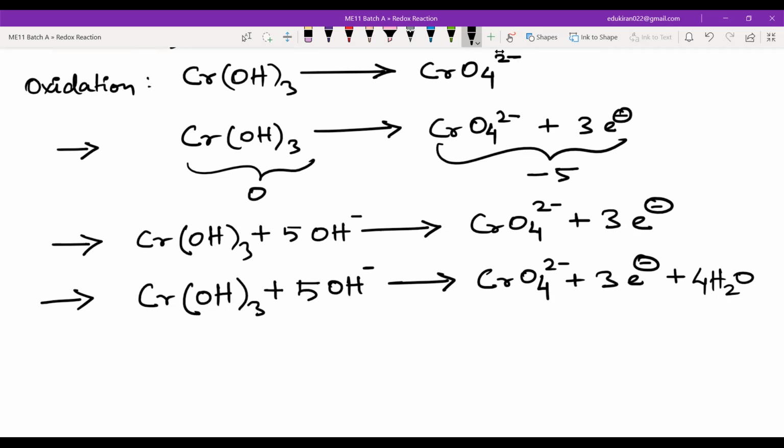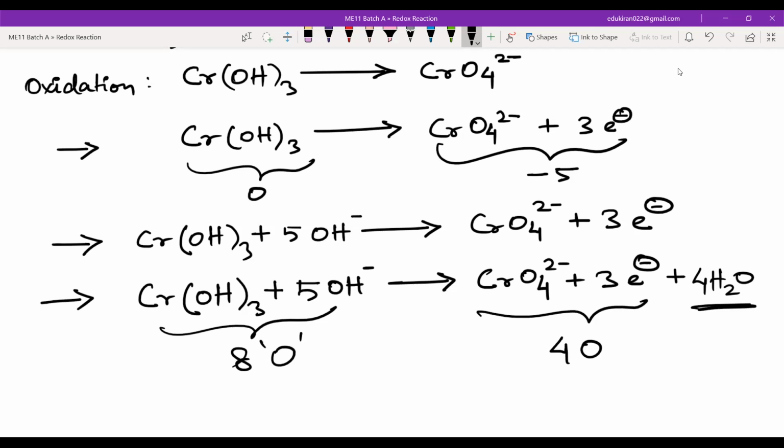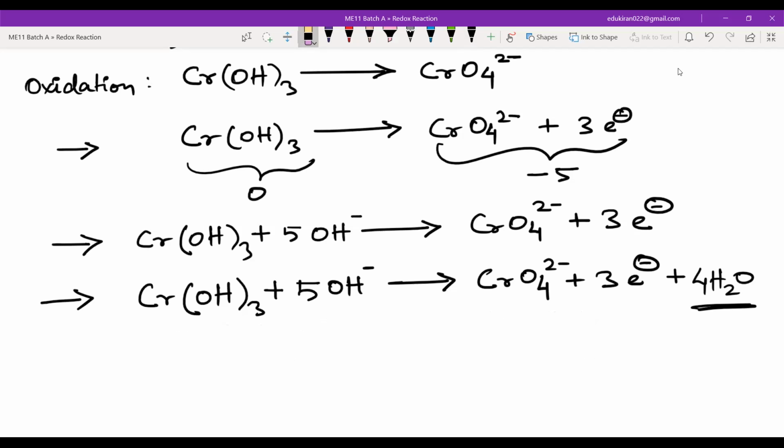Let us write the reduction half reaction. So what is our reduction half? We have IO3 negative, and it is converting into I negative. Okay. So the first thing that I will write is IO3 negative